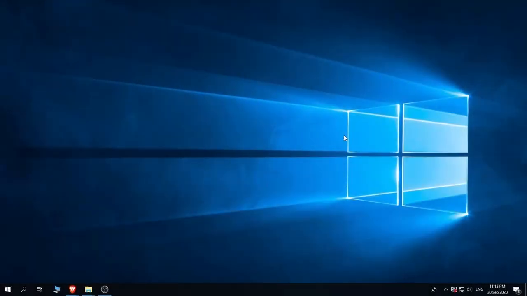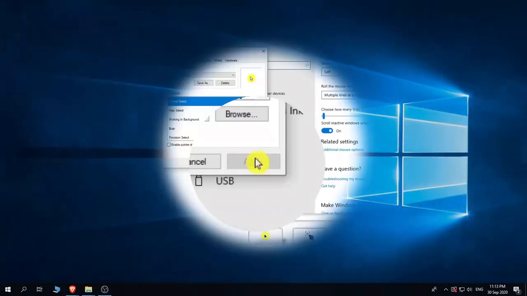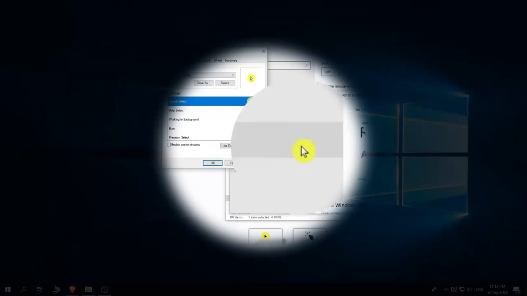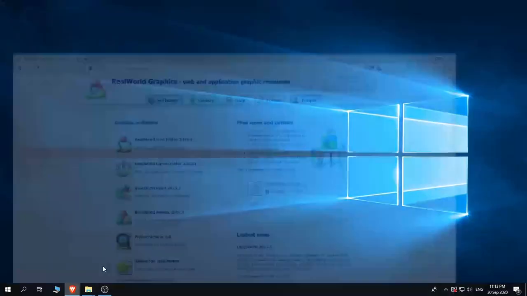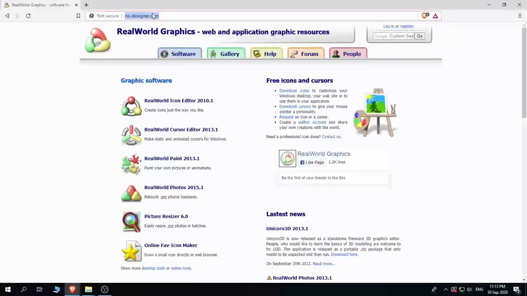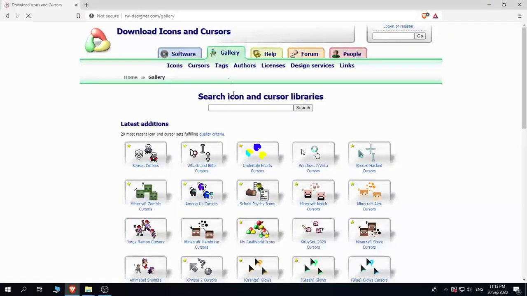In this video, I will show you how to add a yellow circle around your mouse cursor. So first, go to rw-designer.com, then click Gallery, and then type highlight cursor, and then click search,